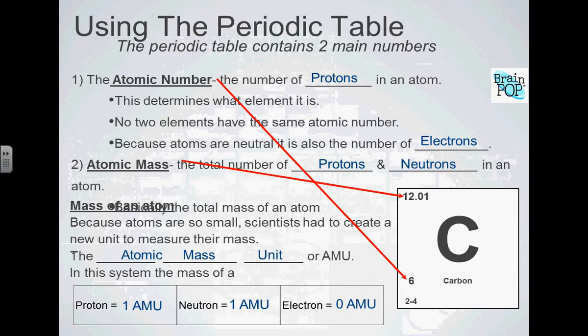Now, it's not technically true that electrons have 0 mass. They do have a tiny, tiny mass, but it's basically inconsequential. You don't need to really take that into account. It's like weighing yourself on a scale and then taking a piece of lint out of your pocket and weighing yourself again. It's not a significant difference. So is the electron really small? Tiny, yes. Smaller than atoms? Yep.